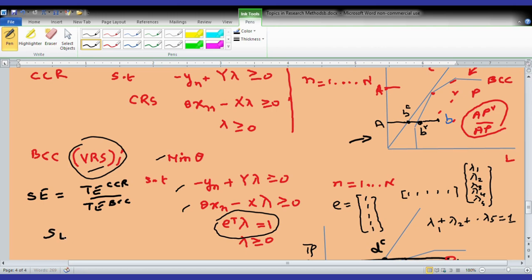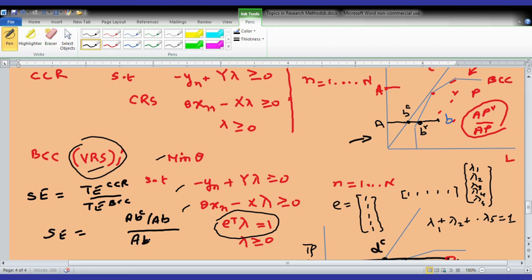So scale efficiency is equal to ABC divided by AB, which is technical efficiency using the CCR model. And we divide this by the technical efficiency defined using the BCC model, and that is this distance